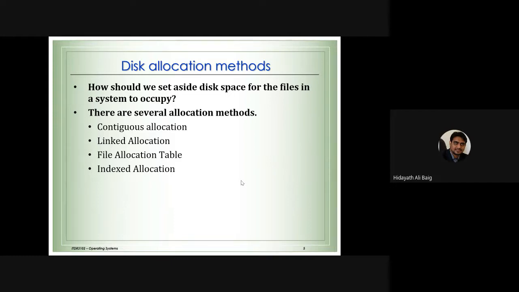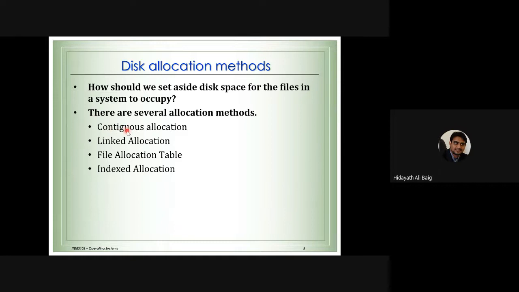Okay, so what is contiguous allocation? What is linked allocation? These are some methods, or we call them allocation algorithms, but there is no mathematical part here. We just need to understand these methods. So this is a very important topic of the lecture. You should know how the file is going to be kept on the hard disk. What are all the methods? Let us discuss one by one. Contiguous allocation, linked allocation, and the file allocation table, which is the method used by Windows. Indexed allocation is the method used by Linux. I will tell you when I go to the slides, but let us understand one by one.